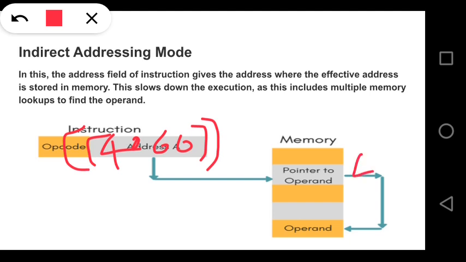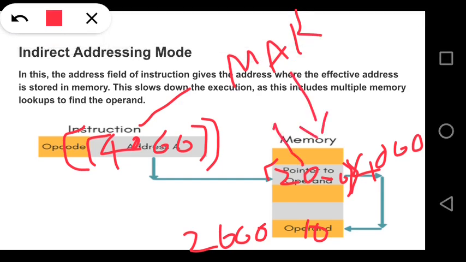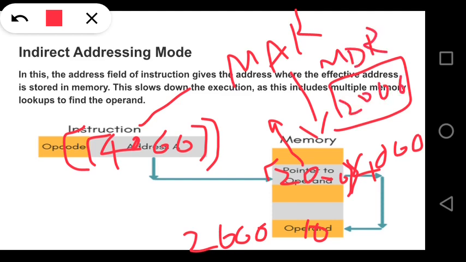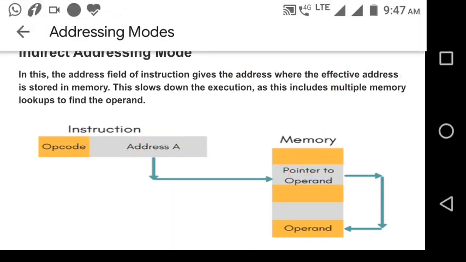So in 4000, what is being stored is 2000, that is an address. This is the 2000 where the actual value is stored. First place this 4000 in MAR, go to memory, fetch 2000 in MDR, and again place this 2000 in MAR, go to 2000. Now the MAR contains 2000, and now the MDR contains the actual value of 10. So this is how